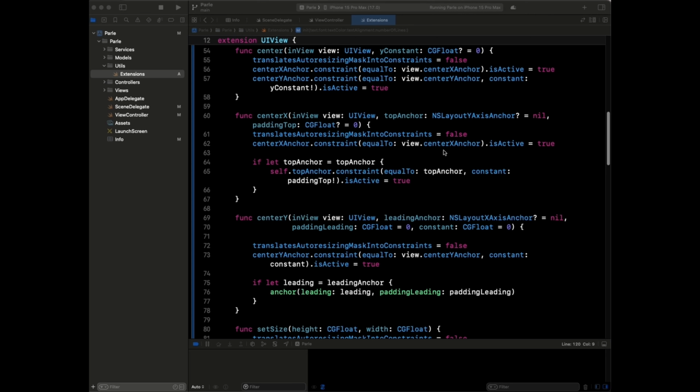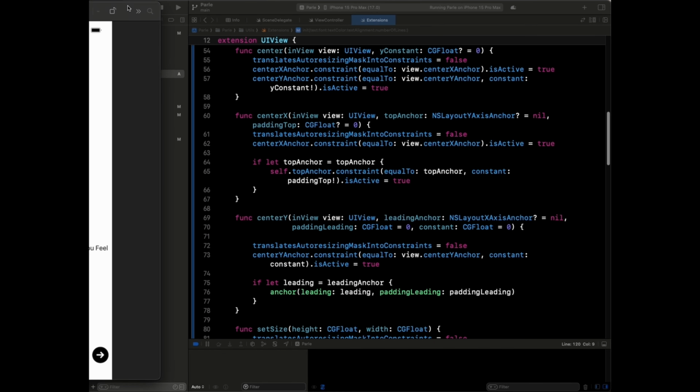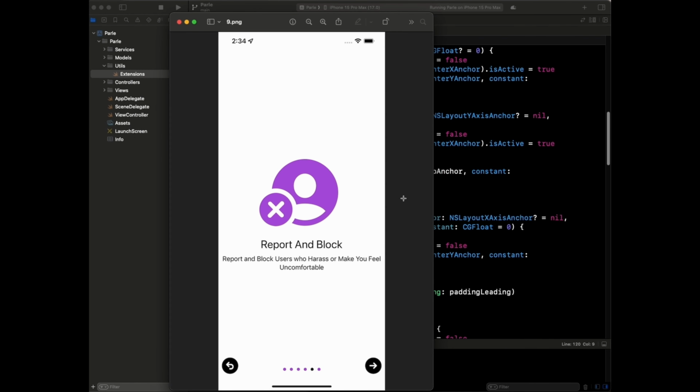Now, what do we want to do? Well, in this page, let me explain what we're going to be doing in the next couple of videos. So let's get this, let's put it on the screen. Right. So what we're going to do is we're going to work on this. This is our onboarding controller. And what the onboarding controller is going to have is this sort of SF symbol. An SF symbol is,